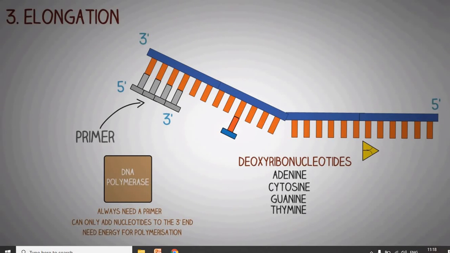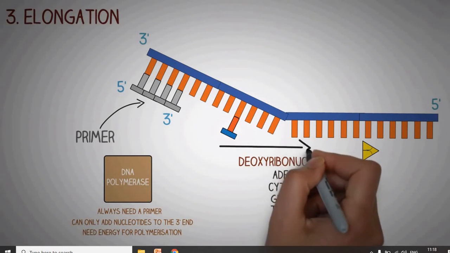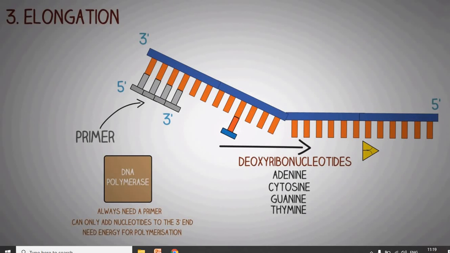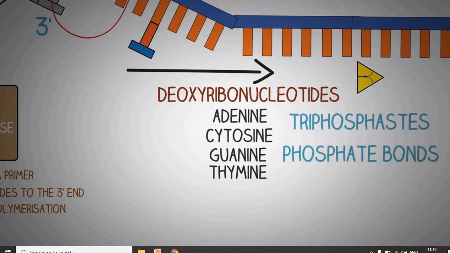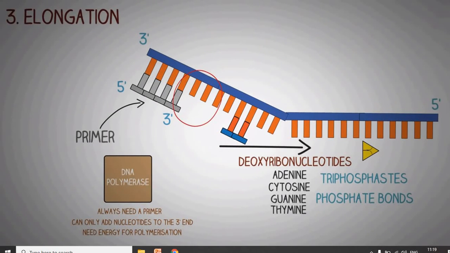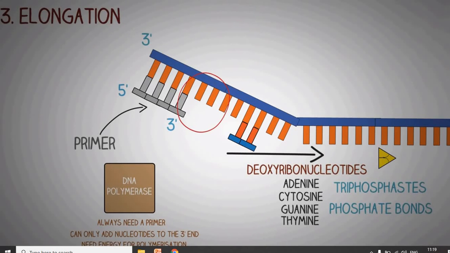Now, since the enzyme helicase is opening the DNA helix in the same direction, the DNA polymerase can synthesize a long chain of new DNA before separating, and this is known as the continuous synthesis on the leading strand. The DNA polymerase also requires energy for this polymerization reaction, which it basically gets from breaking the phosphate bonds present between the triphosphates of the deoxyribonucleotides. These phosphate bonds are high energy bonds which, when broken, provide the energy for this polymerization reaction.